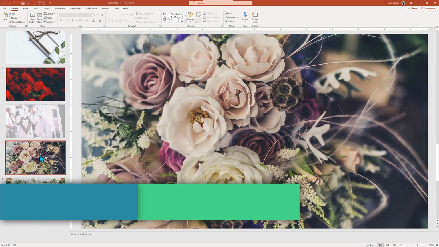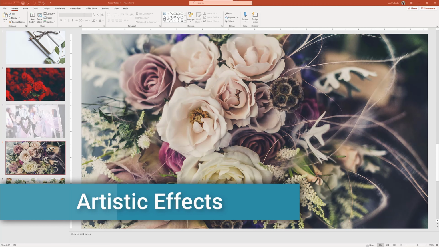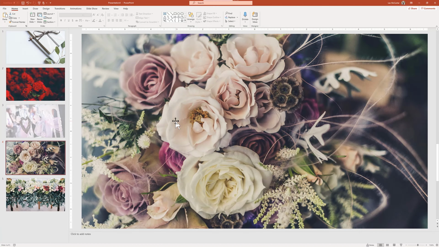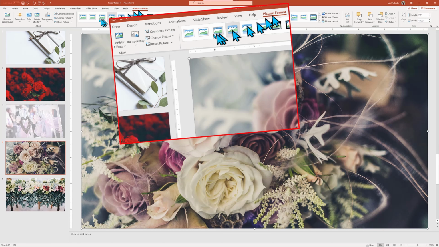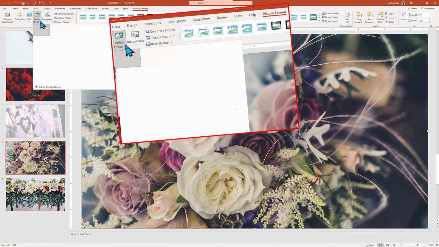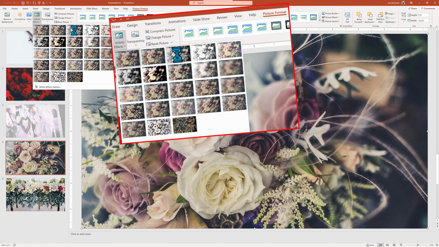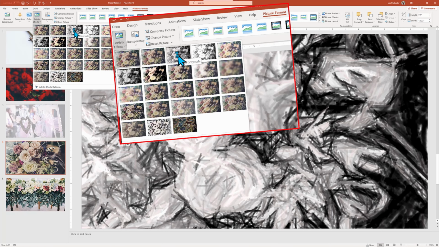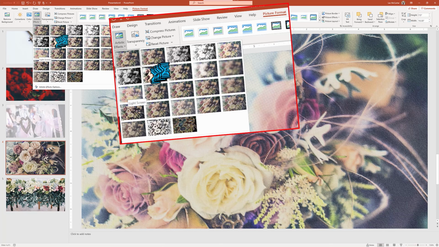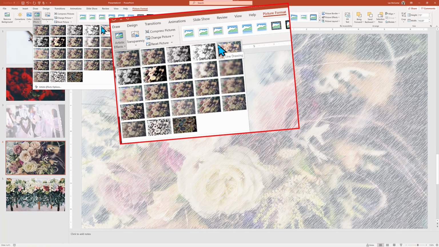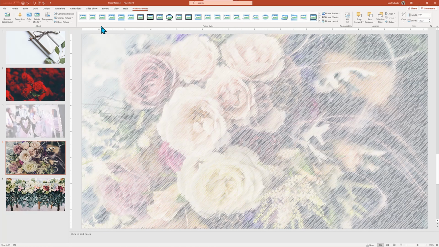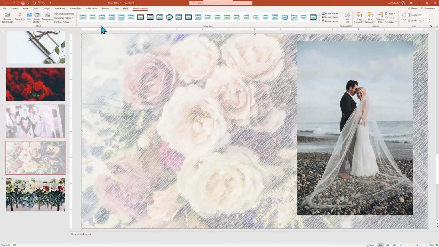Now we get to the fun part, artistic effects. To make an amazing background, you need to experiment with the artistic effects under picture format. With our image selected, hover your mouse over the 20 or so effects to see the image get transformed into a variety of special looks, including glass, marker, pencil gray, photocopy, and much more. Here, I'm going to choose line drawing, which keeps the flowers on the screen, but in an artistic, muted fashion.